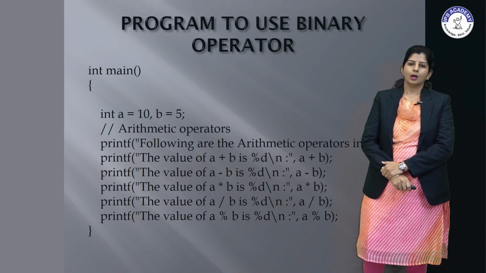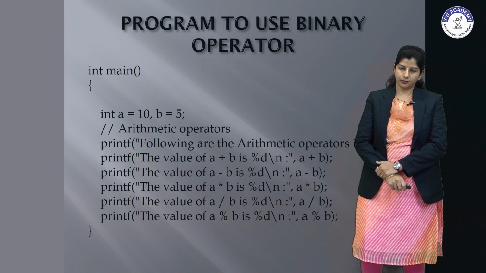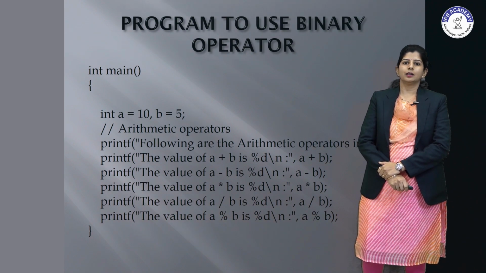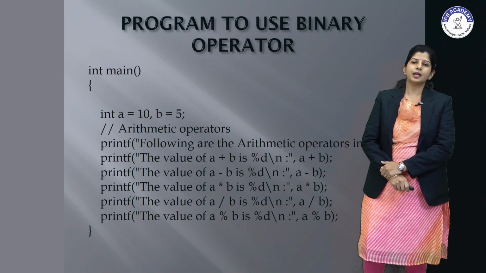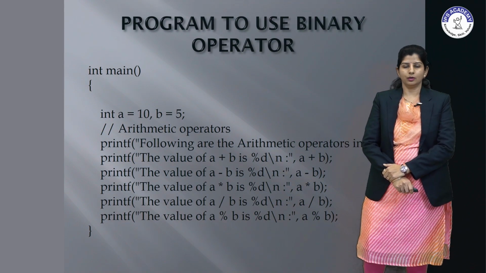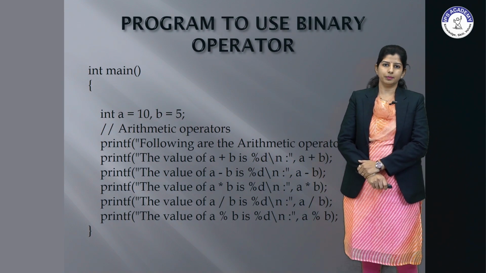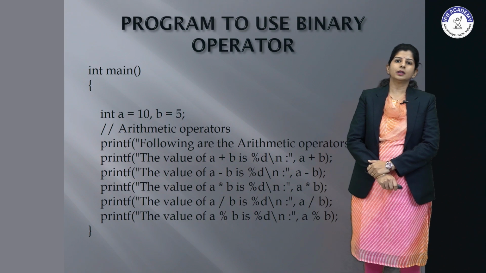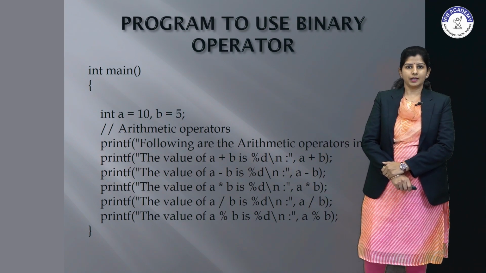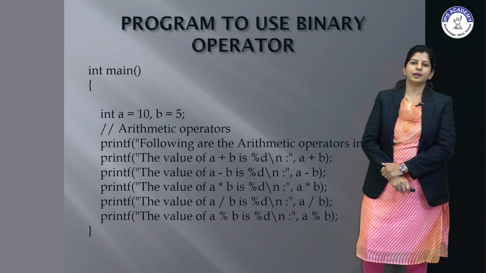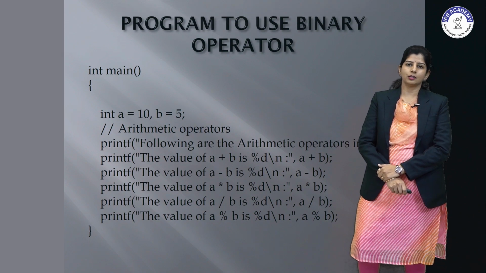Always remember, operands are those on which we perform our operation and the operator is the one with the help of which we perform our operation. A plus B stands for the addition of A and B. Direct addition is not possible in the C language, so we use two variables, put our values in the two variables and make the addition with the help of the addition operator.